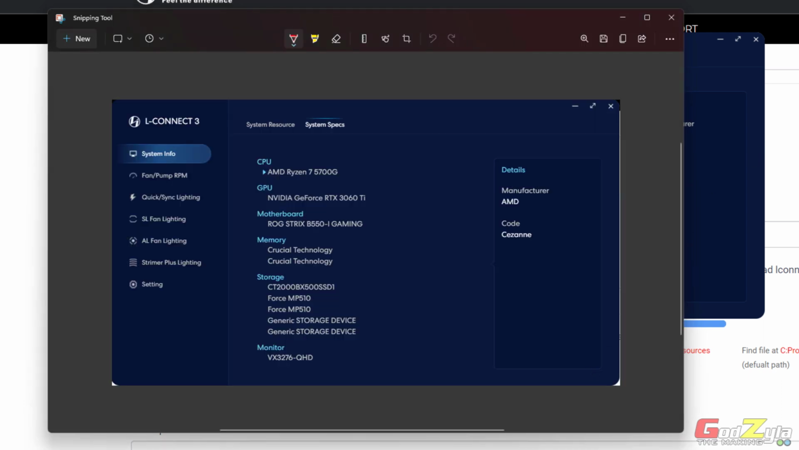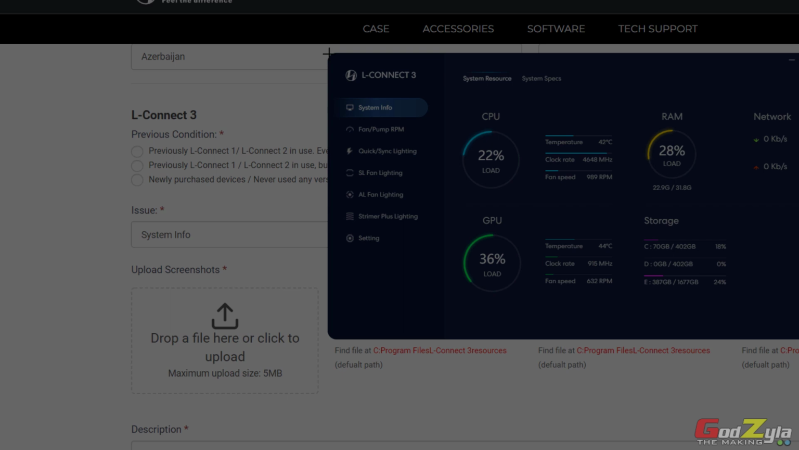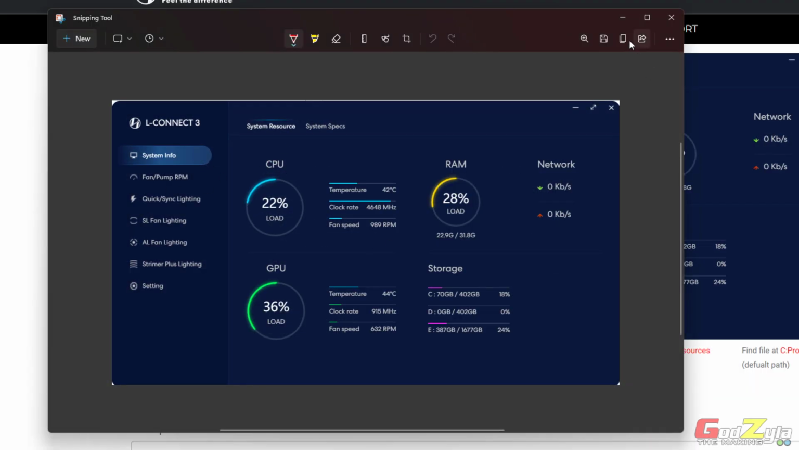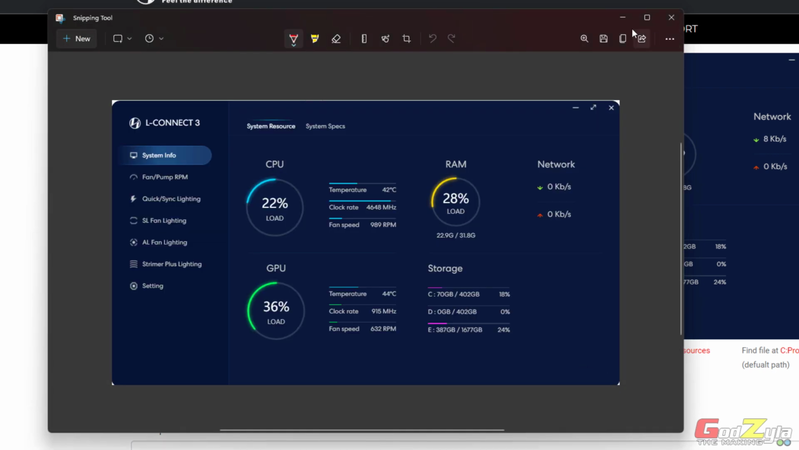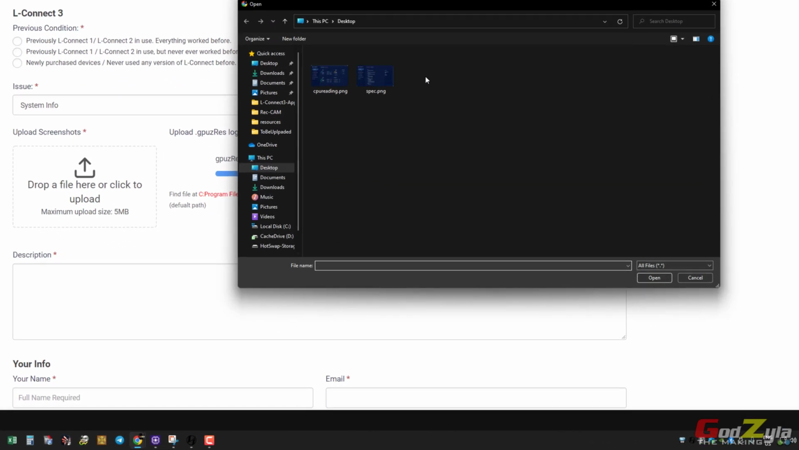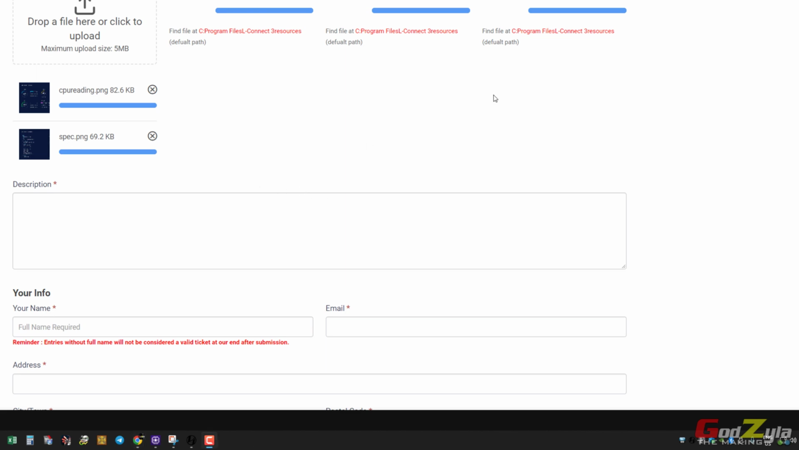Then once you've done this, you can do another one, of course. So if I were to switch over here, you can do another one. Then save again. I would say this CPU reading, just an example. Then once you've done all the screenshots, click here and upload. See? Once you've done all this,